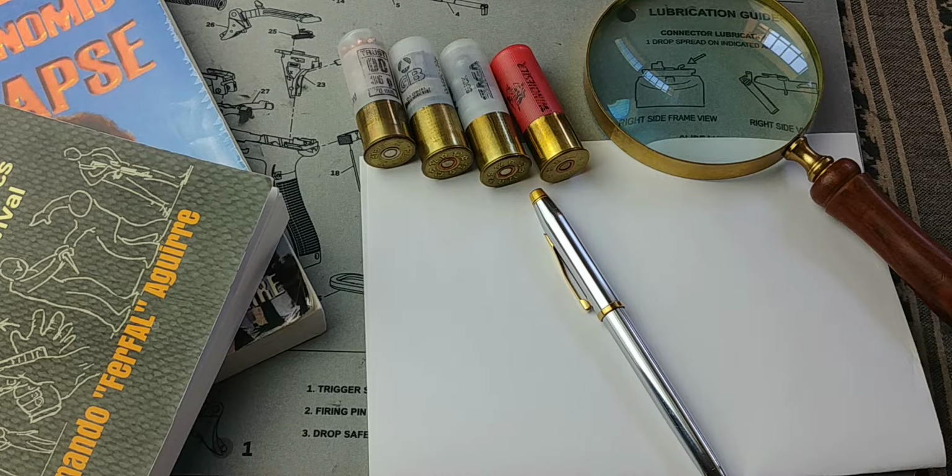I'm going to be answering this question that I'm getting a lot, which is what's the effective range of a shotgun? This question is like asking how long should a string be or how much does a rock weigh? It is kind of impossible to come up with a solid, definite conclusion with very tight numbers, but you can somewhat get an answer, and this is what I'll try to do in this video,